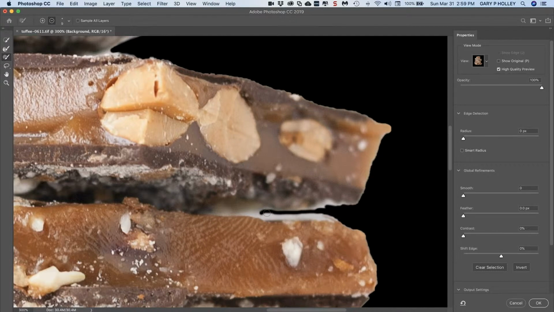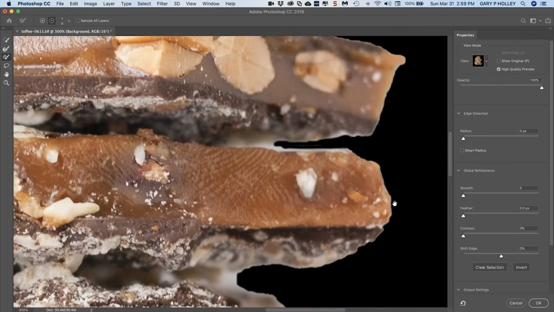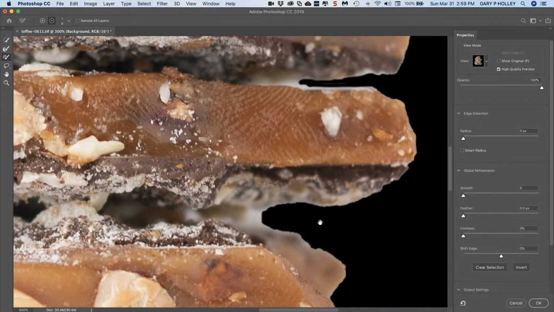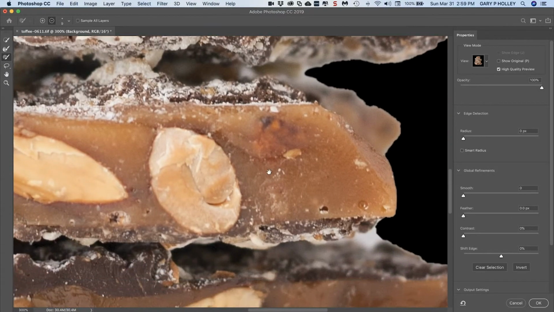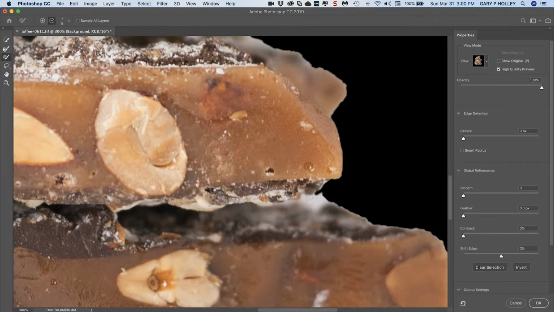All right, so I'm just going to go ahead and paint in a lot of this stuff here. Okay, I'm using the space bar to pan around my image, which means it's zoomed way in. I don't want it to zoom in and zoom out. You can switch the hand tool or the magnifier here as well. Okay, so again, all I'm doing is looking around my image, zoomed way in, trying to find those areas to